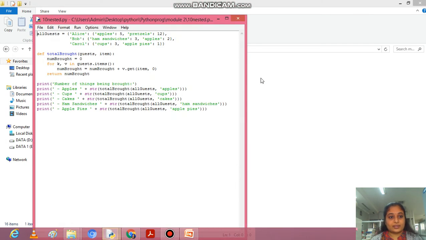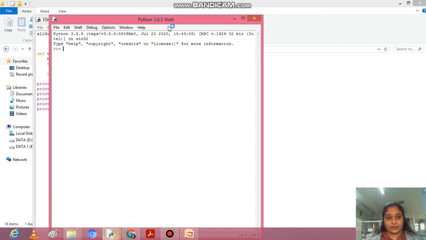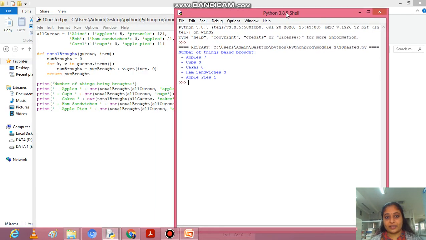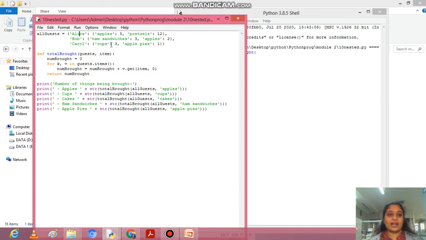This is a small program which defines a nested dictionary, and if we run this program, it gives a count of apples, cakes, cups and so on. But here Alice, Bob and Carol have their own different items and numbers.